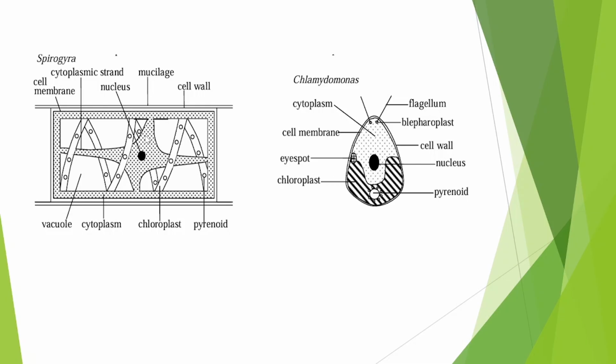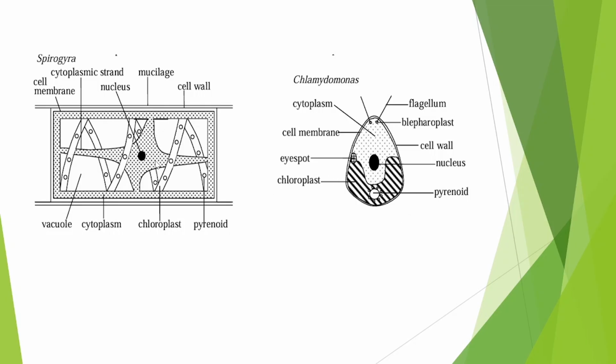I need to first make a disclaimer. These are not members of the group Rhodophyta, but I put them here so that we can understand the nature of the chloroplast. So this is the discoid chloroplast, and you can see the pyrenoids. Even this one has the pyrenoids. So some of the members of Rhodophyta have such a chloroplast. The chloroplast is in the form of strands. It is discoid, while others have a chloroplast that is